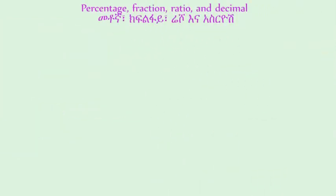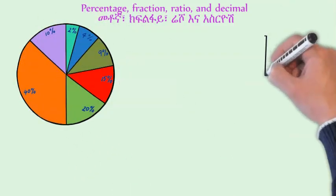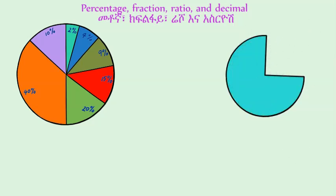Next, let's see percentage, fraction, ratio, and decimals. መቶኛ፣ ክፍልፋይ፣ ሬሽዮ እና አስርዮሽን እንመለከታለን። Remember, all of them are representing the same number in different form. እያንዳንዳቸው ተመሳሳይ ቁጥርን በተለያየ መንገድ እየገለጹ ነው።